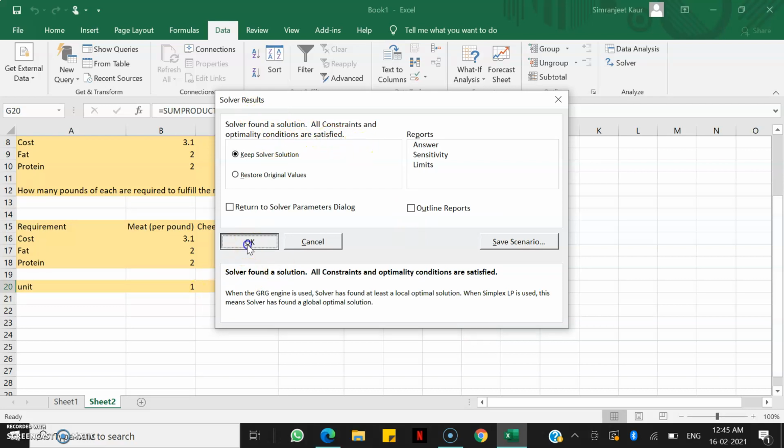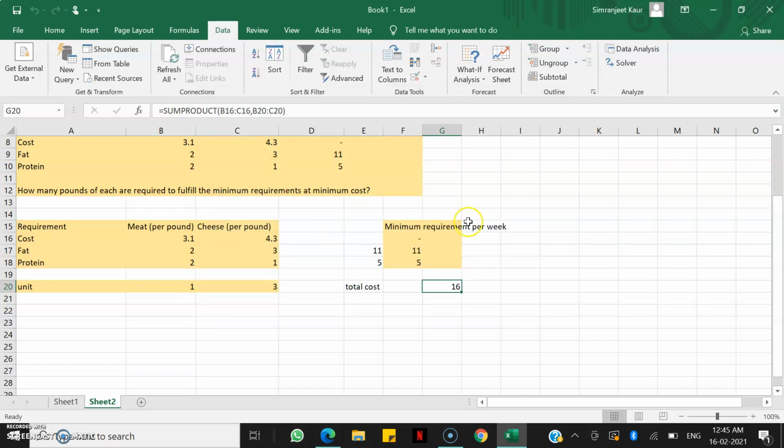So I'll press OK and we are done here. As you can see, my total cost comes to 16 rupees, and according to the solution which solver has given us, I should buy 1 unit of meat and 3 units of cheese per pound, right? So that is it for a minimization problem. Thank you for listening.